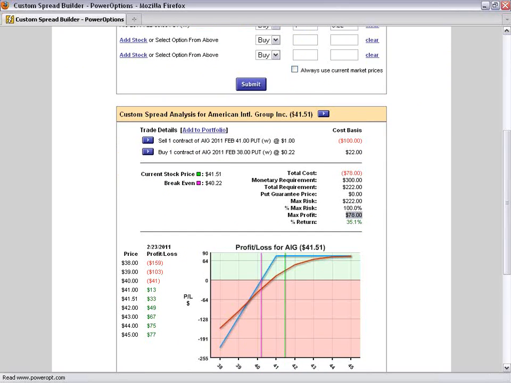But we have a floor here. The graph doesn't illustrate it as perfectly as I would like, but we have a floor here. So now, down at the bottom, we can't lose more than that amount. If the stock drops to $35 to $30 per share, probably wouldn't in a week, but if it did, we can't lose more than the difference in strike prices, our 3 points, minus our net credit. So we're only risking $222 with the opportunity to make $78 or 35.1% return.